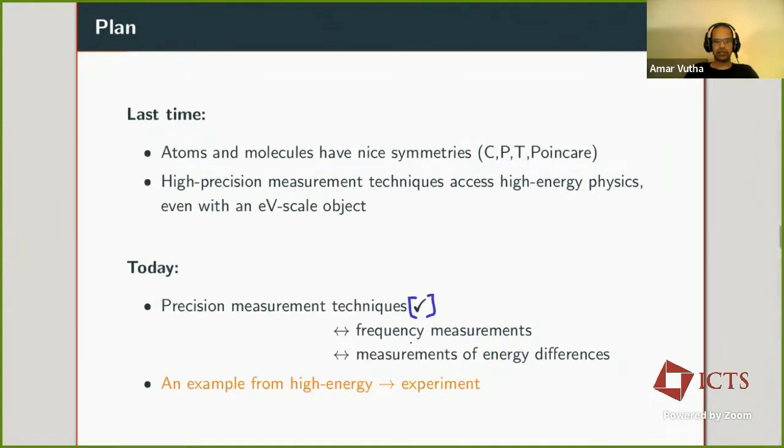Okay, so I think we can again put a check next to this and say that, okay, we understand something now about how to measure frequencies precisely. So let's, in the time we have, at least start the next process, which is looking at an example of how you turn something that's an actual high energy phenomenon, a beyond standard model physics phenomenon, into something that you actually measure in